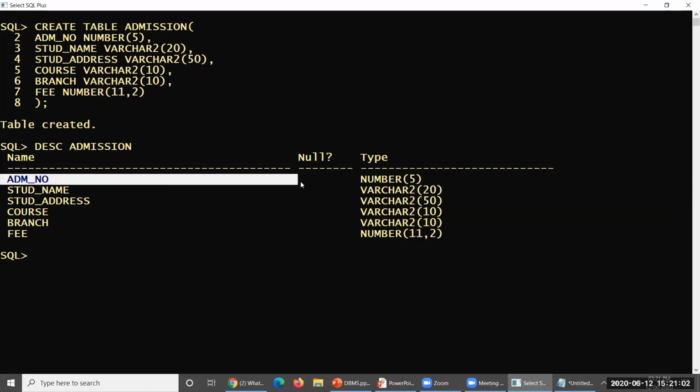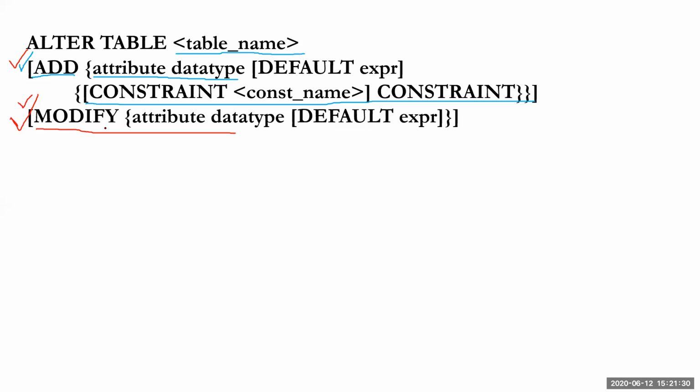Now admission number. Previously I thought that everything is number, but my institution or my affiliated university has added some characters over there. So from number 2, it must be converted to characters or varchar 2. So the data type must be changed for admission number. Within this perception also, we would consider it modify, because it already existed. During that modification, you could also change your default expression. That could be part and parcel of modification only. Here also that could be part and parcel of addition only.